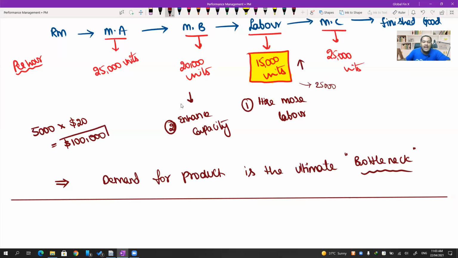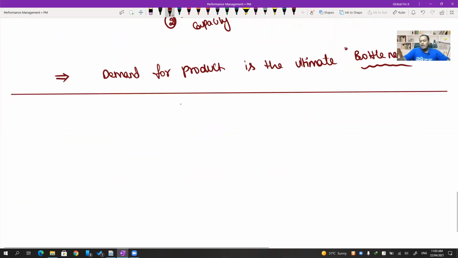Okay, sir, the enhancement cost of this machine B is, let's say, 120,000. To increase the capacity from 20 to 25, you need to incur 125,000. You'll get a benefit of only 100,000. So tell me, will you do that? So why would you want to lose $20,000? Rather stick to the existing levels now. Cost versus benefit analysis. Okay.